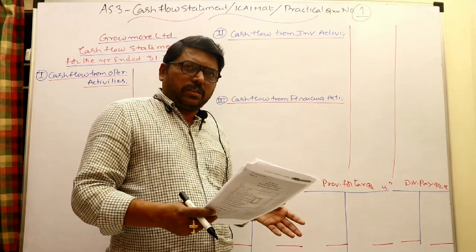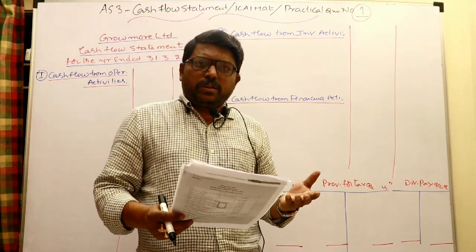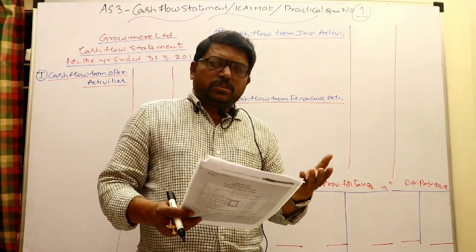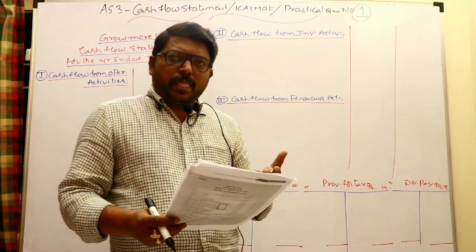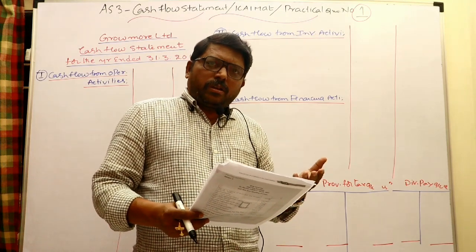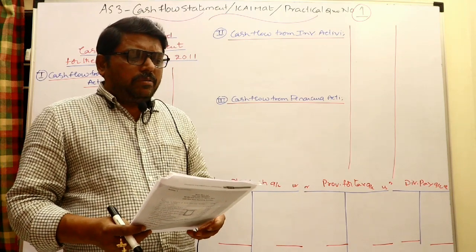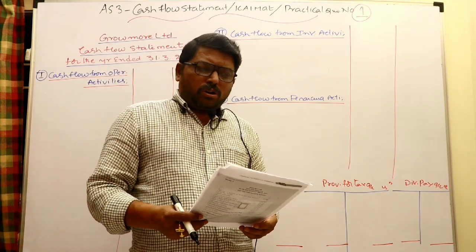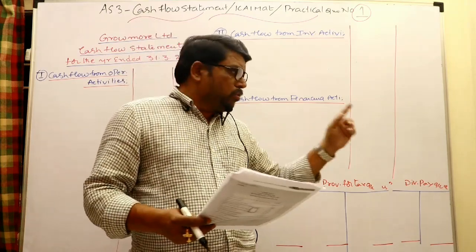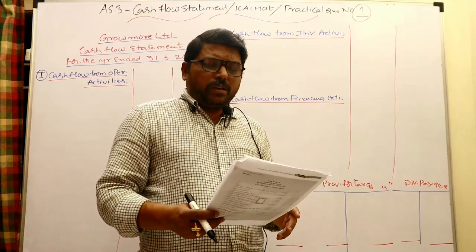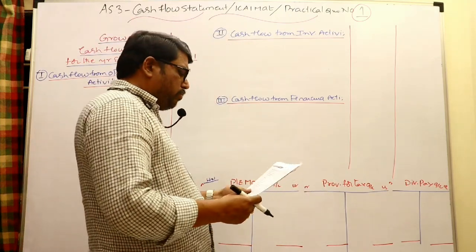Come to the liability side. What I said is that for liabilities, share capital, debentures, bank loans, etc., you have to open accounts. But here share capital and debentures are there with no adjustments, so we can simply say the difference is either money received or money paid on both of them. Meanwhile, a current assets account is not required here. You can have the provision for tax account, and you may also maintain the dividend payable account. After completion of these working notes, we can go to the cash flow statement.